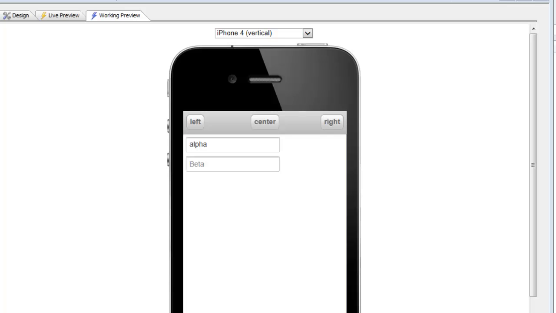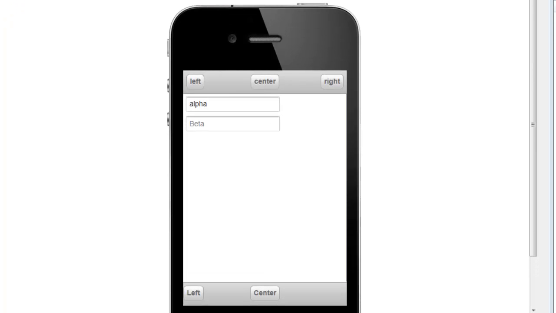A common use case in mobile applications is to have buttons in a panel header or footer that are left justified, center justified, and right justified, and then to show and hide some of those buttons conditionally without messing up the justification of the buttons that are not going to be hidden. So you can see here we have buttons in the header and buttons in the footer, and in both